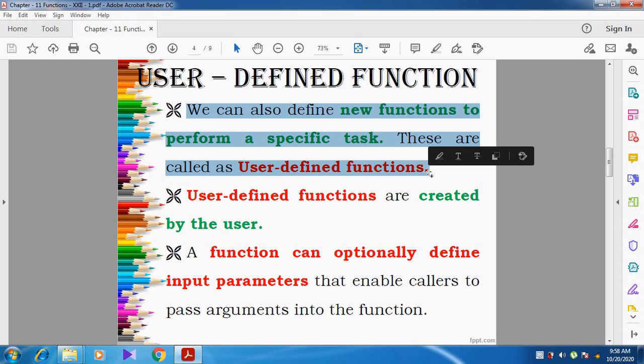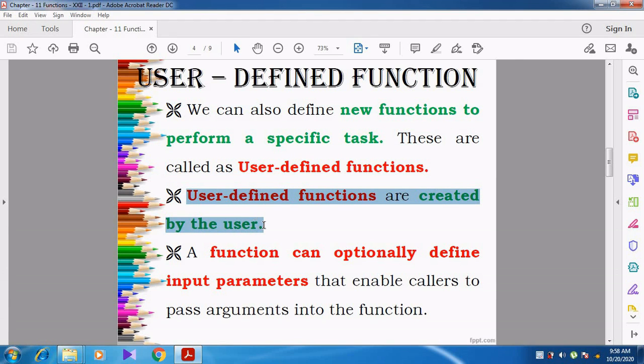So we are going to define our own function for performing a specific task. This is called user defined function. The functions which are defined and created by the user are called user defined functions.